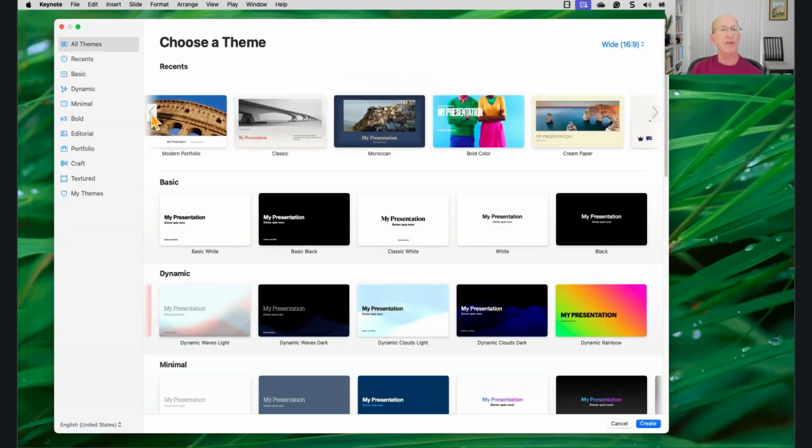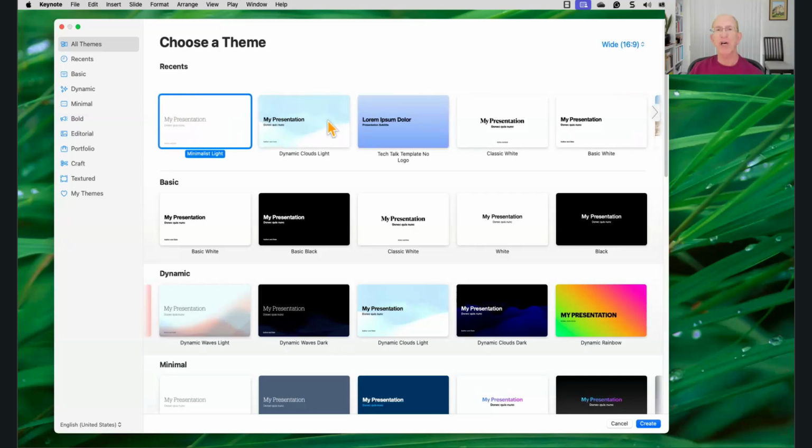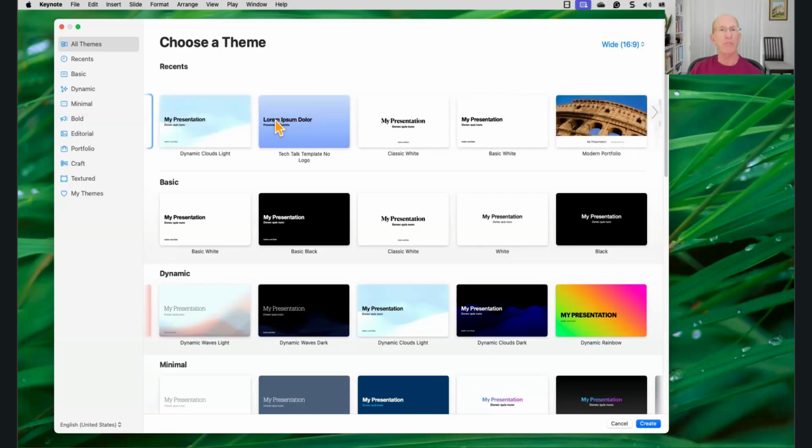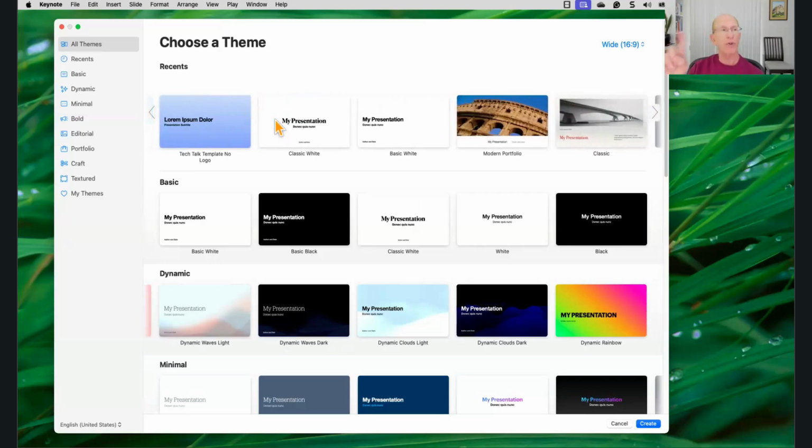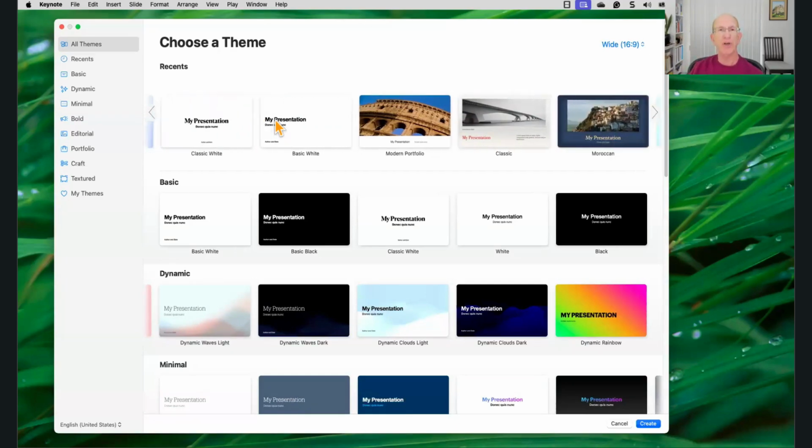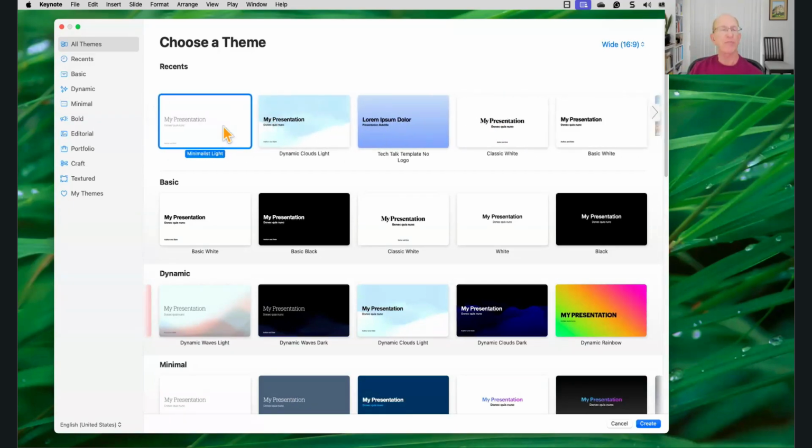Watch for these little disclosure arrows that let you slide back and forth. And you can swipe back and forth. I'm swiping back and forth with my mouse on my finger here, so you can do that as well. So we're going to click on Minimalist Light. I'm going to click on this, double click, and it's going to open it up, and it's going to give